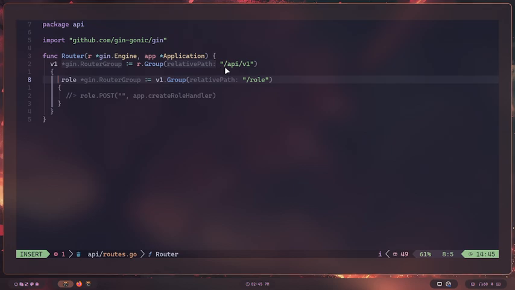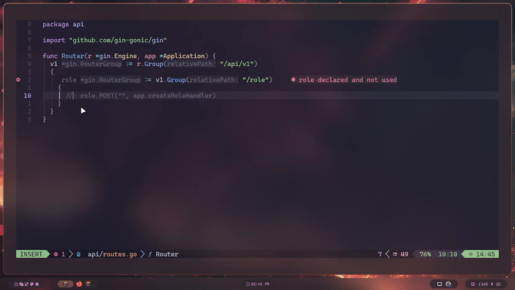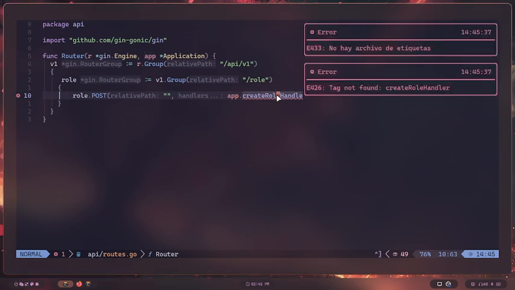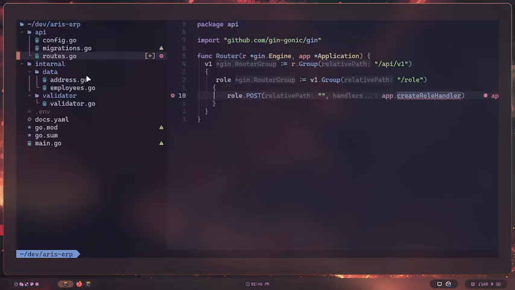So I have to type the full route, including API v1 and /role. And also this, which is the type of petition, the relative path, which in this case is directly the /role, and I have to assign the handler, which in this case is create role handler, which I haven't created yet,